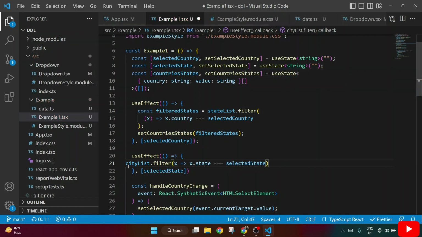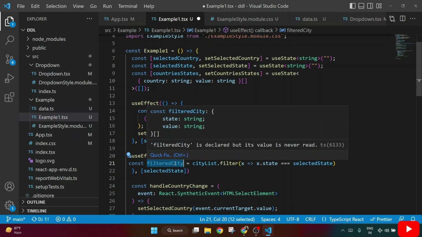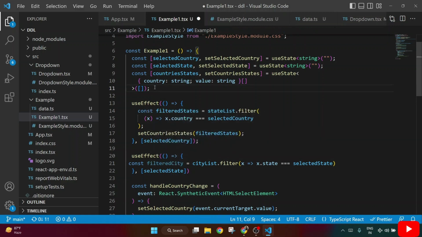Okay, so at this place we will get const filtered city. Now we have the filtered city that we need to update in the state which holds the cities. Okay, for that we need to create one more state,